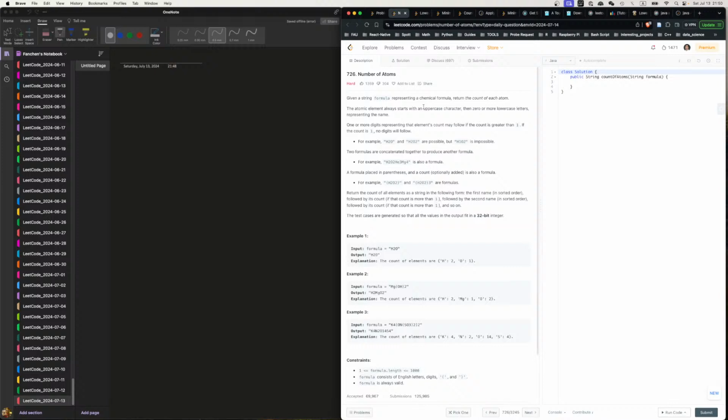Two formulas concatenated together produce another formula. For example, H2O2, He3Mg4. That's magnesium, this is helium. Is also a formula. A formula placed in parentheses with an optional count added is also a formula. For example, this and this are formulas. Return the count of all elements as a string